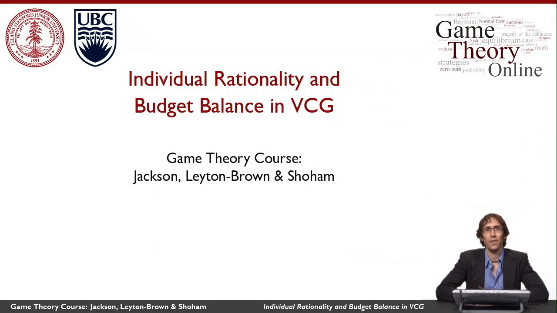We've seen in the past that the VCG mechanism gives rise to dominant strategies and efficient allocations. We know that in general, it doesn't give rise to individual rationality or budget balance. In this video, we'll see that under some pretty mild additional assumptions, it is possible for us to get both